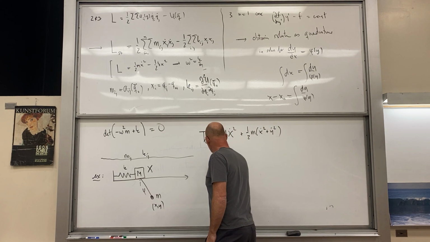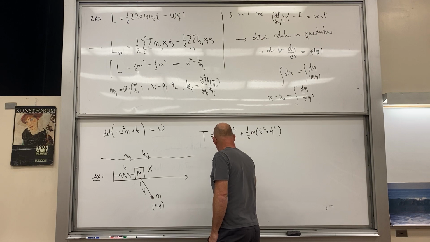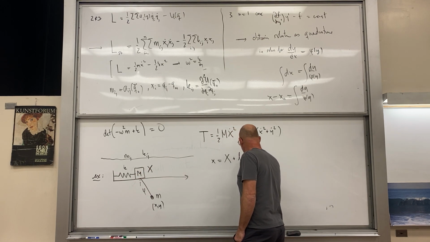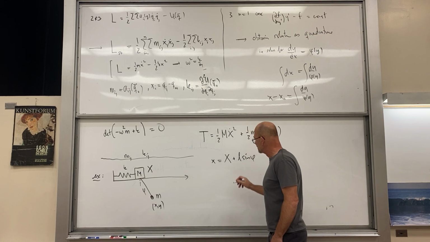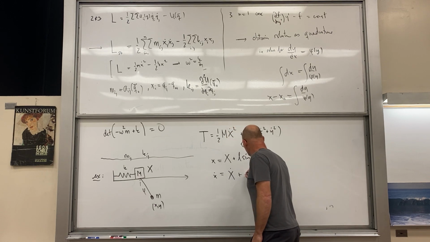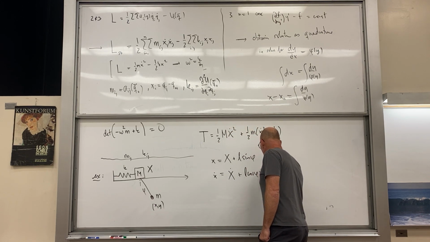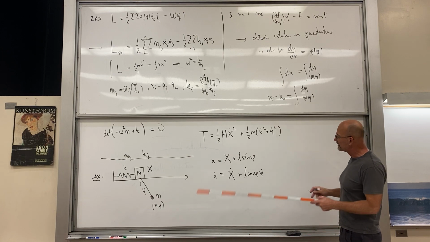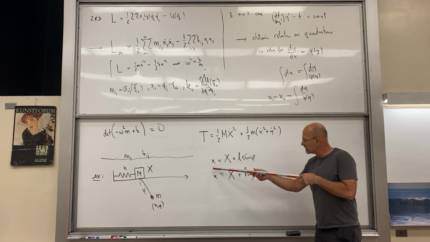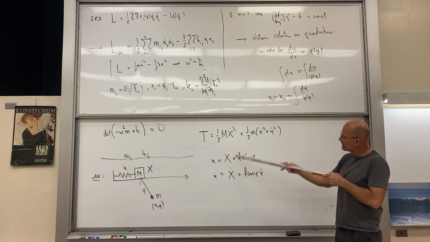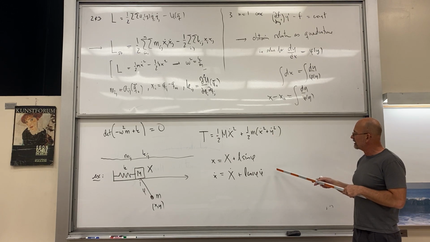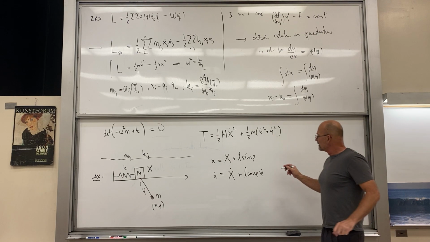What you're going to have is this lowercase x is the position of the large mass plus L sine phi. Capital X dot plus L cos phi, phi dot, right? And you're going to have something similar for y. You have to square that, do the same thing for y, sum them, and eventually you're going to get